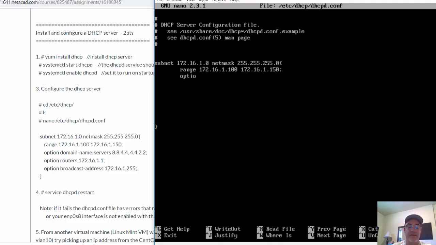and we're going to have a couple of options. So we'll pass out a domain name servers, and the domain name servers we'll pass out will be 8.8.4.4, and wait, whoops, comma, that's important, 4.4.2.2, semicolon. That sounds good. And then another option, routers 172.16.1.1, semicolon,